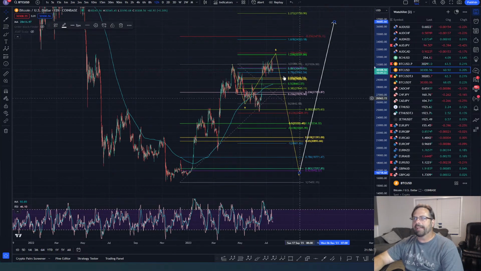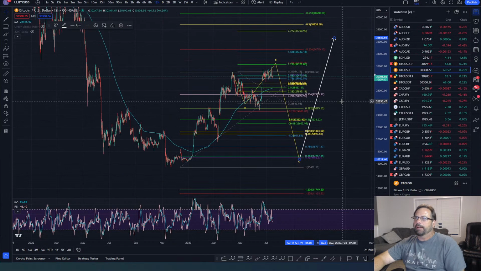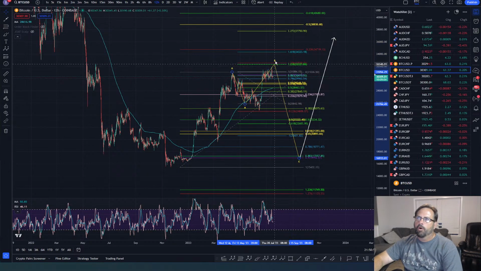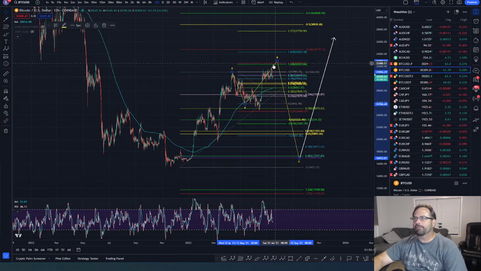So that's the context here, right? This is the context of my main count that I'm watching in the market. So here's the way I'm looking at it right now. I'm thinking, okay, this current move is either finished or it needs one more high, and that's the part I don't know. That's my big question. Because if it's got one more high, that would be great. That would be a nice entry. So yeah, maybe one more high.